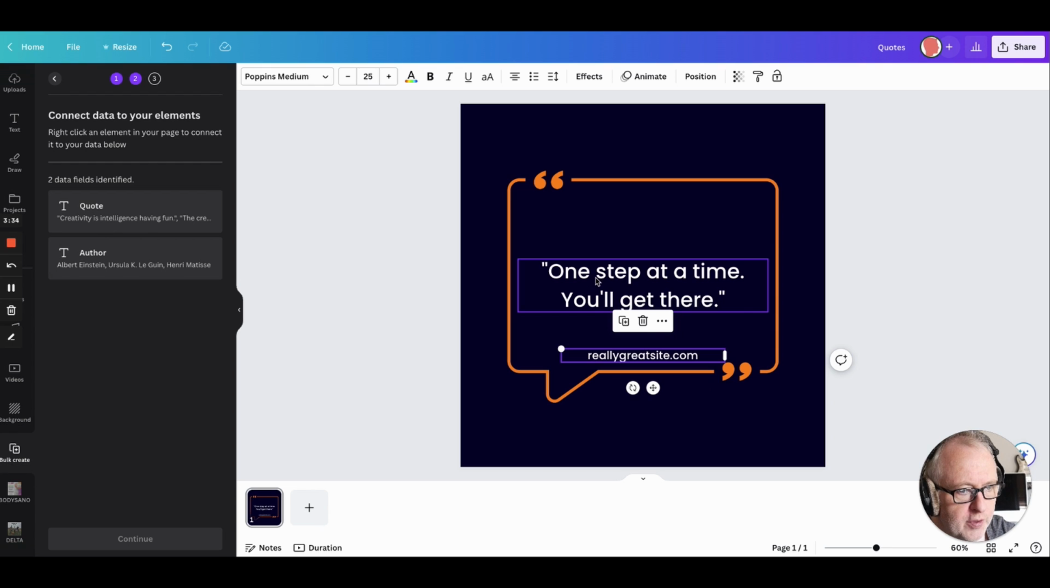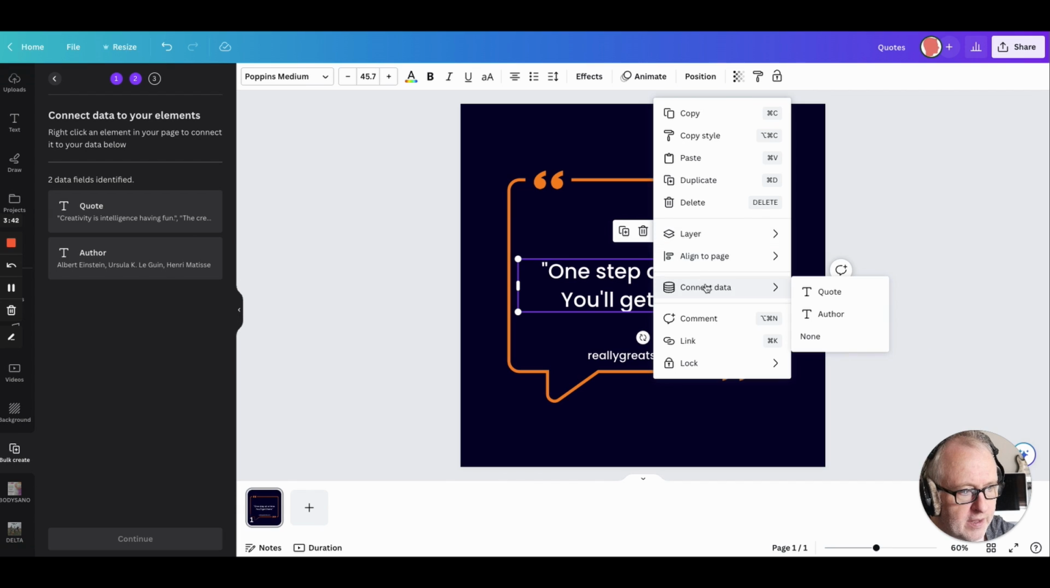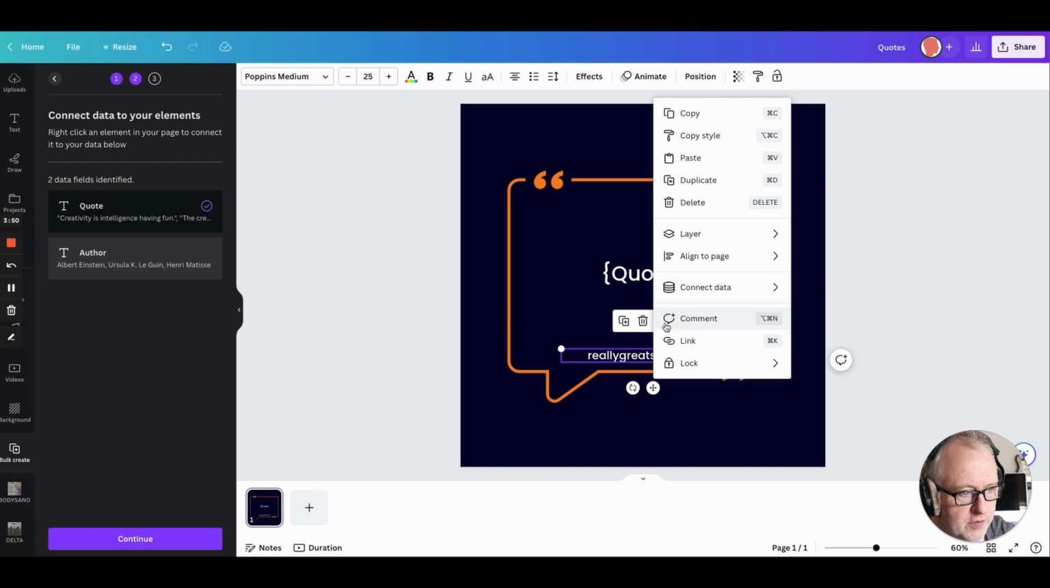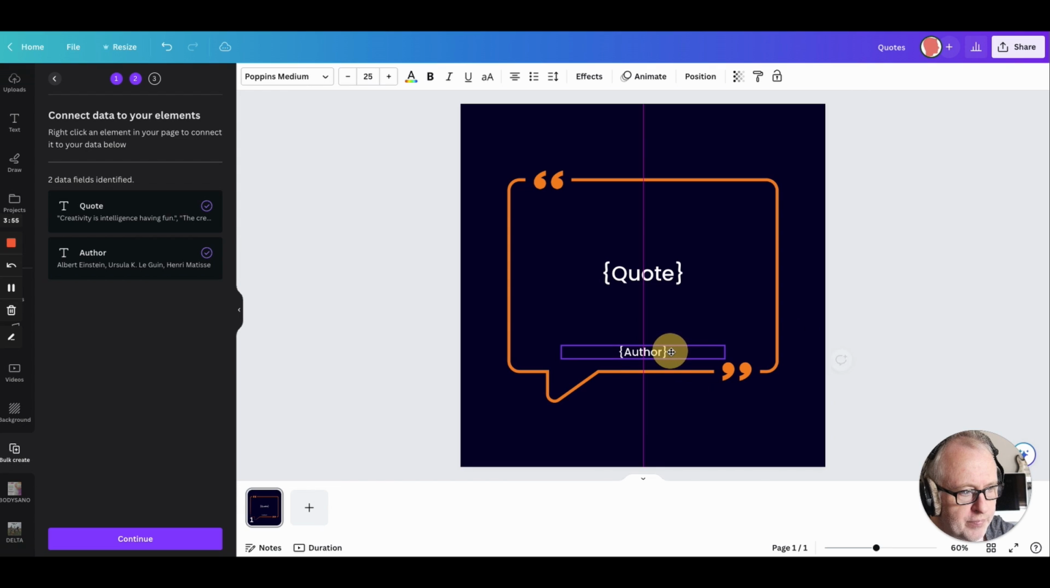The only thing you have to do is go to the text in your Canva template and click on the little 3 dots there, more, and then connect data. And you choose the quote for the first piece of data, the big text there. And then for the other one, you also connect the data, but you will pick the author this way. You can obviously also add your